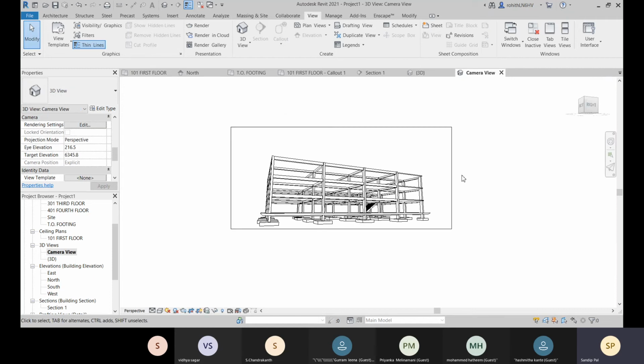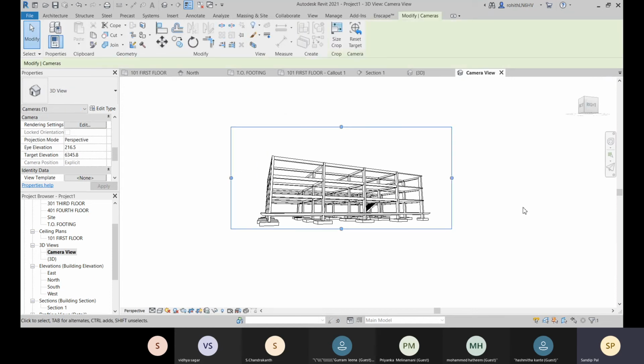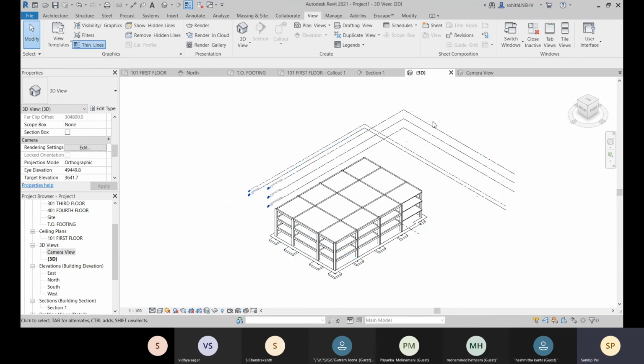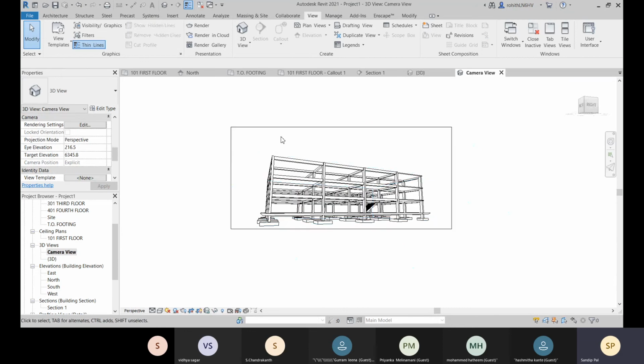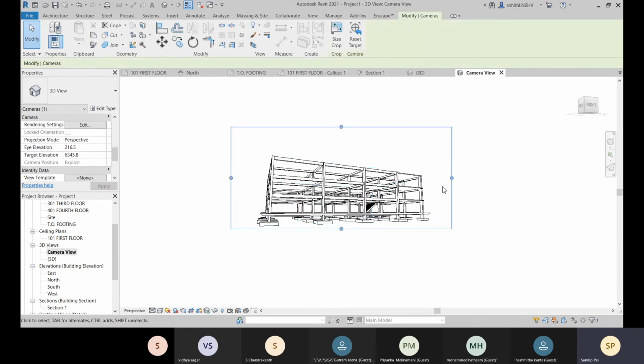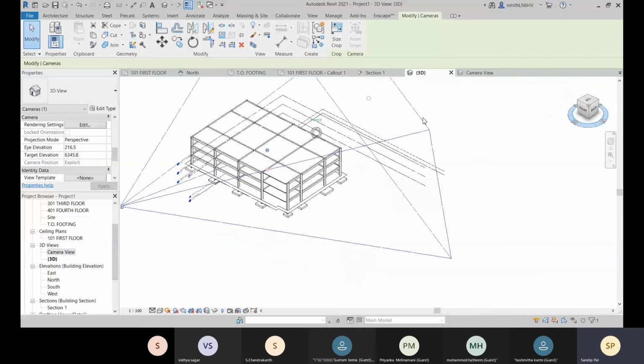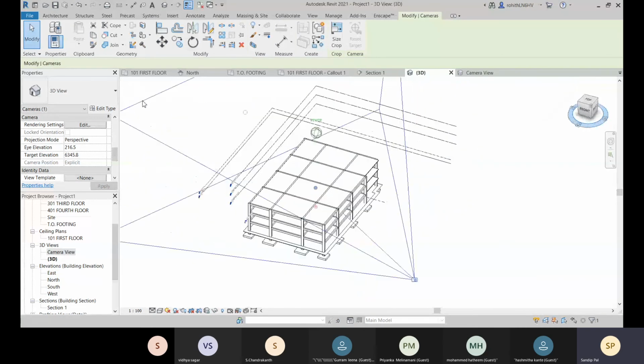It's like you are creating your own view with this camera, and that will be locked until you change the camera position. If you don't change it, you cannot change this view generally, like this 3D. Here you are changing like this, you cannot change there.